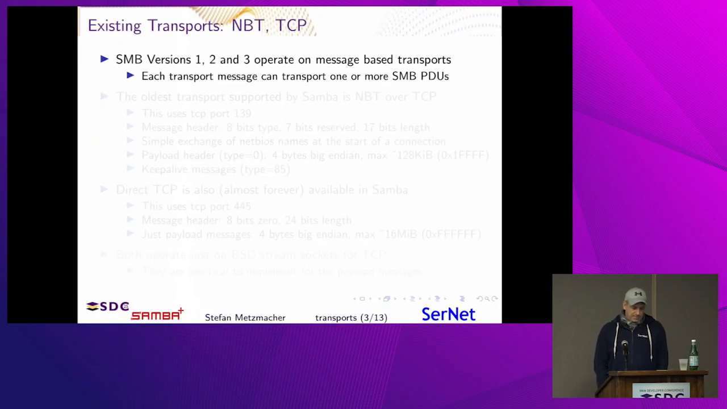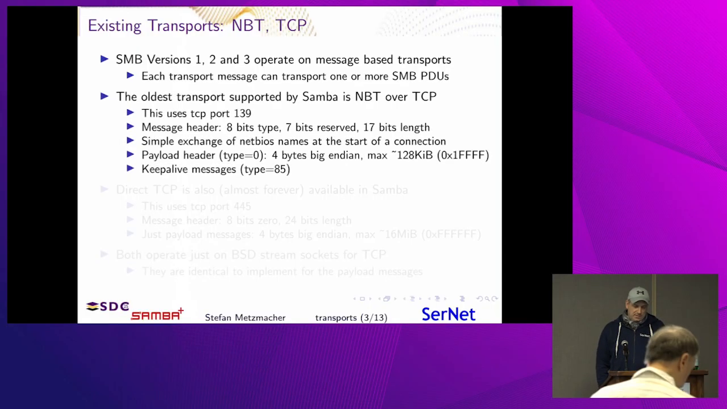So basically SMB versions 1, 2, and 3 operate on a message-based transport. So each message transports one or more SMB PDUs, which can be compounded. But the transport sees just one message. The old transports used by Samba are NBT, NetBIOS over TCP. This uses port 139,